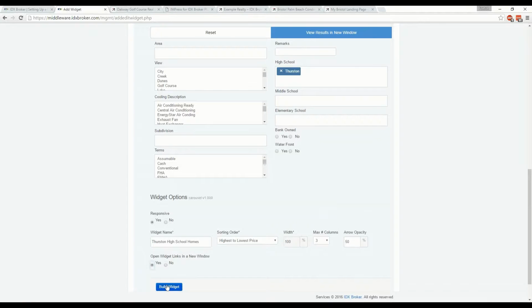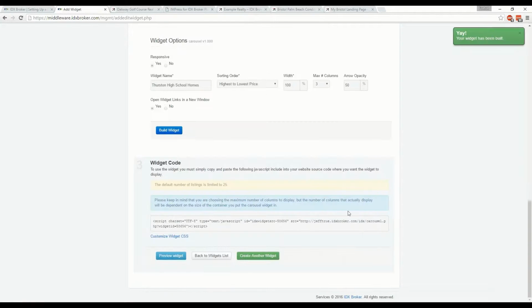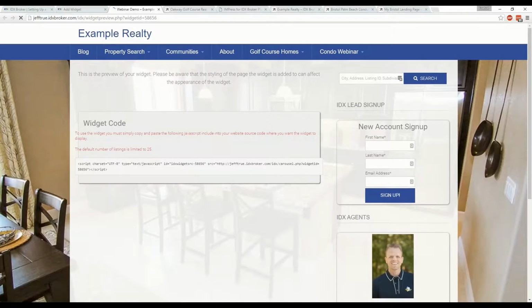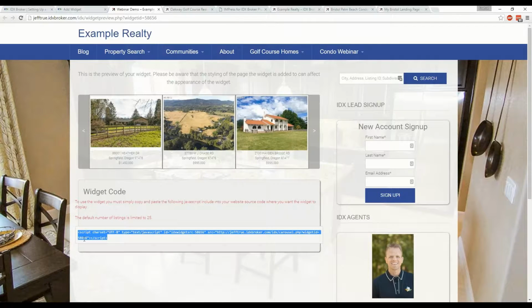We'll go and do yes just so that you can see what it would be like, and we'll build our widget. So you've got two different options here. You've got a preview widget, or you can copy your script right from here. If you do just want to preview the widget, just to make sure it's going to work correctly, it will also generate the script for you on this page. So here is your script code. You can copy it in this area too,